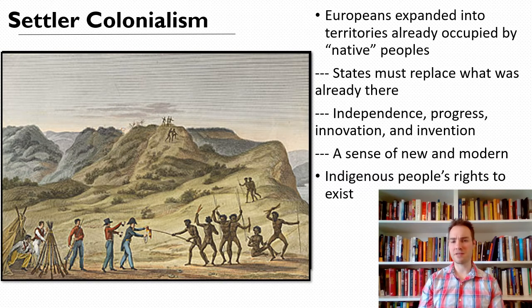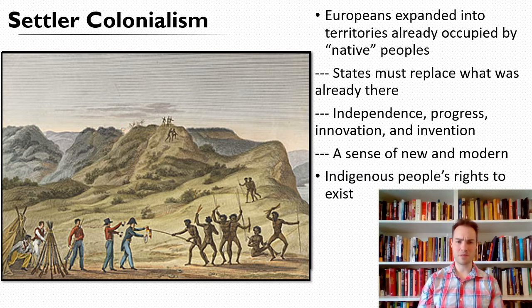This is a painting from Australia, showing the first interactions between Aboriginal people and the British there. You can always tell these sorts of paintings were made, of course, by the British. They're fully clothed, they look reasonable. The other people are in a scary majority, they don't have any clothes on, and they're whipping things around. So you can see the inherent bias in these images, which we'll talk about a little bit later.